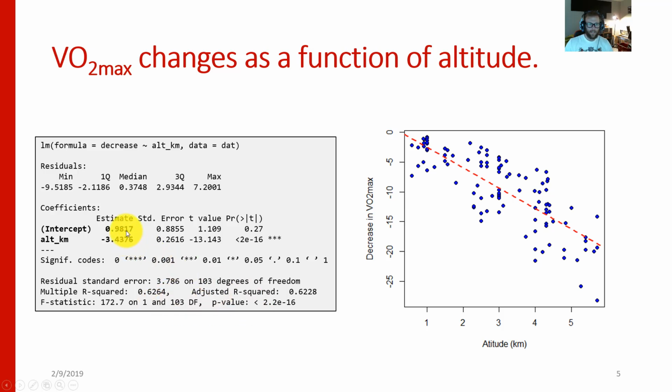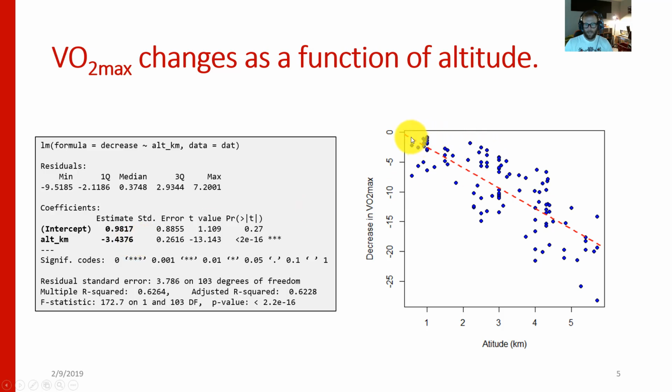And if we were to take this intercept and this slope, right, and plot it over our raw data over here, we get what looks like this dotted red line. So at 0 altitude, at sea level, our model would estimate that there's actually a slight increase. You get almost a 1-point bump in your VO2 max. All right, and then it's going to say that the best fitting slope is negative 3.4376. So for every 1 kilometer increase in altitude, we expect that your VO2 max will decrease by an additional